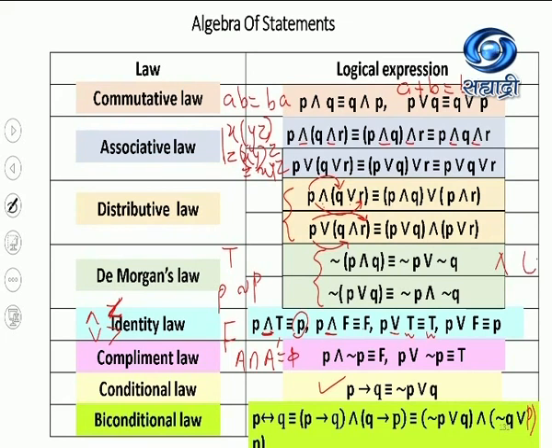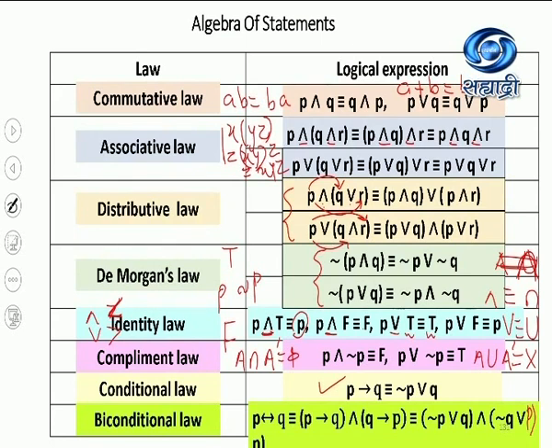And is for the intersection, I'll write it here. And is nothing but intersection in the set theory, or or is nothing but union in the set theory. So here P and negation P will be F. P or negation P is T. Why? Because we all know if I apply the set theory here, A union A complement is the universal set X.